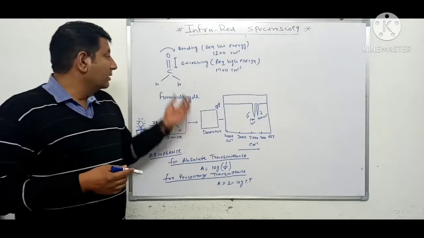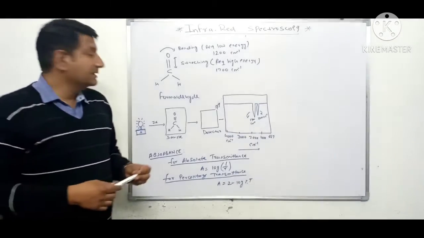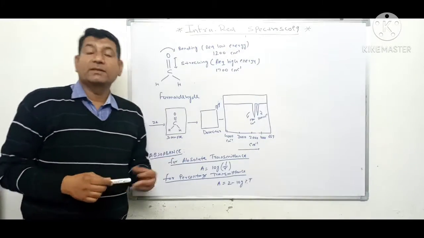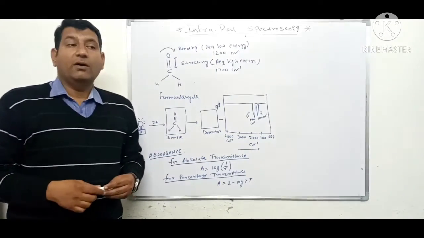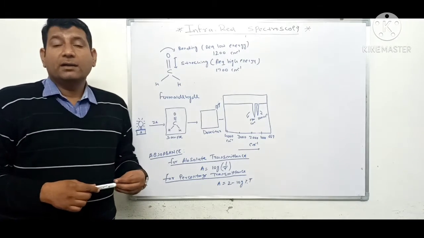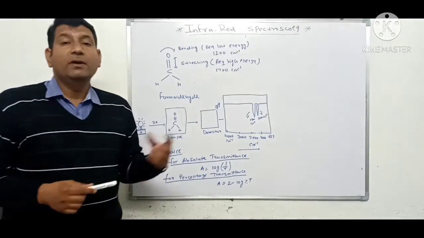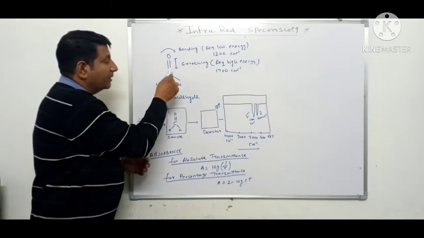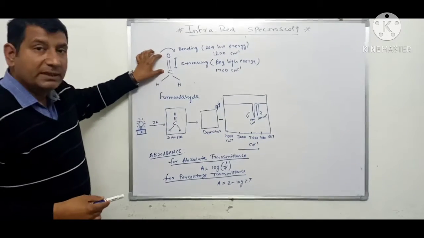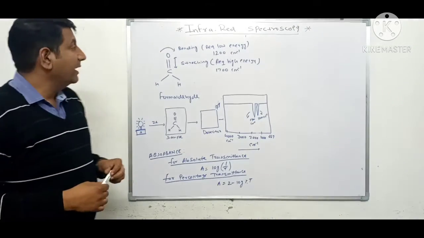Now let us discuss formaldehyde. So this is a molecule of formaldehyde. The formula of formaldehyde is H2CO. So this is our carbon, hydrogen, and this is oxygen. Now as I discussed in our previous video, the major requirement for any compound to show a graph in IR and to absorb IR radiation is the presence of a dipole moment. Here carbon is positively charged and oxygen is negatively charged. So there is a dipole moment present, and this is a suitable compound for absorption of IR radiation.